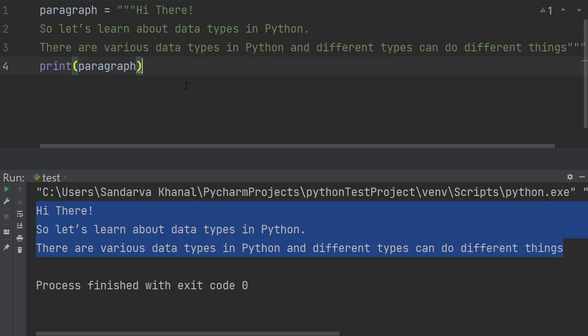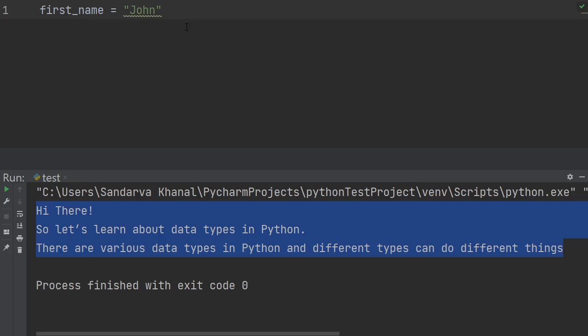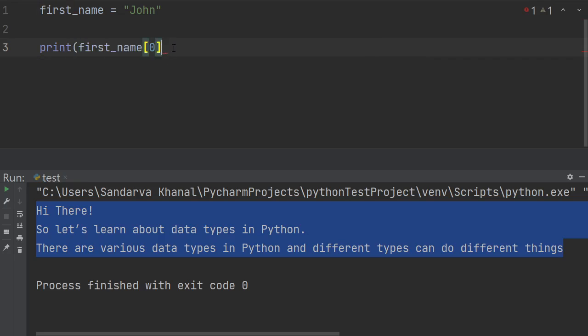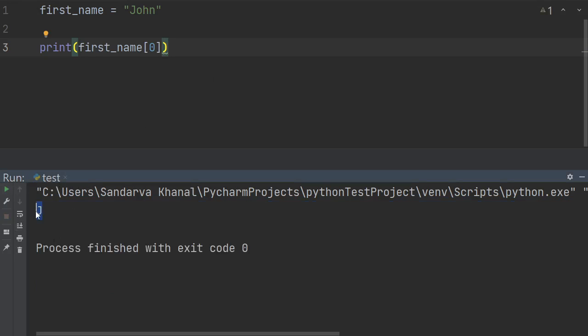So when we remove this, when we say first name equals John, now we want to index starting from the first position. So for that, we would just say first name square bracket 0 for the first index. So if we want to see the output, we would just have to do print, wrap the print around this, and when we run, we get the first letter as output, which is the letter